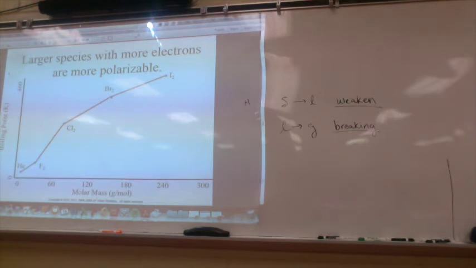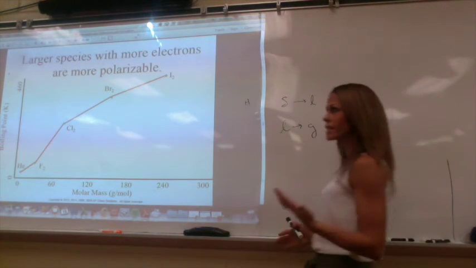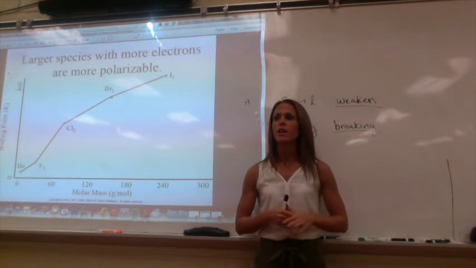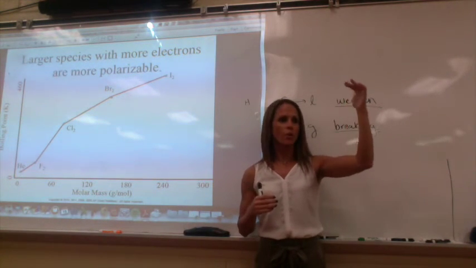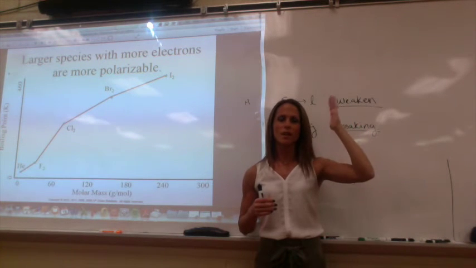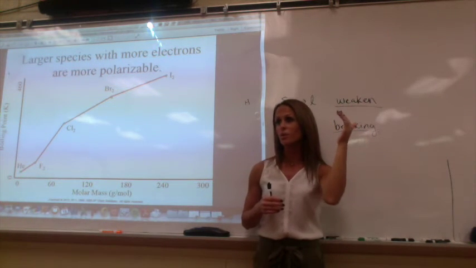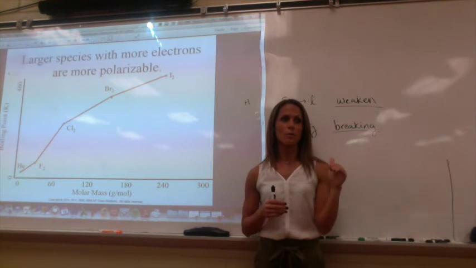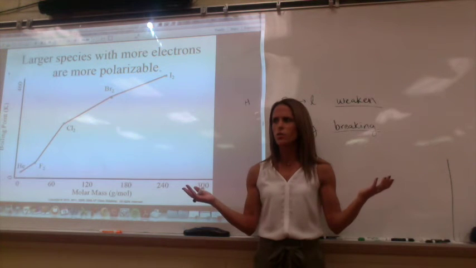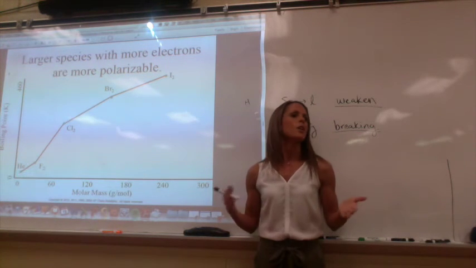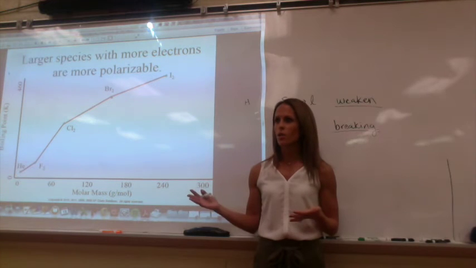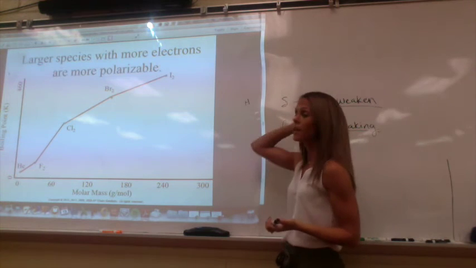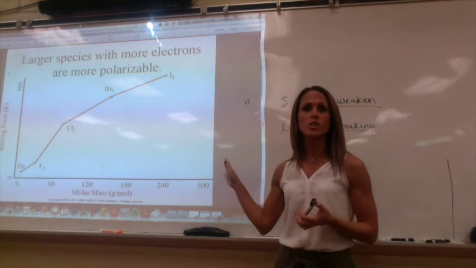So how do you know which ones cause the greatest London dispersion forces? Because we're going to be able to rank them. We can certainly determine the ranking we know so far: ions, the strongest, then ion-dipole, then dipole, in which hydrogen bonds are the strongest, then dipole-induced, and now we have induced dipole. So we know that boiling points change for all sorts of things, right? Not every boiling point's the same. So how do we determine which molecules have the highest boiling point and why?